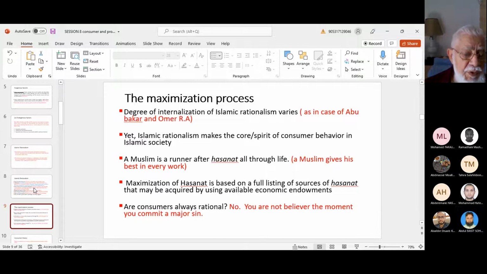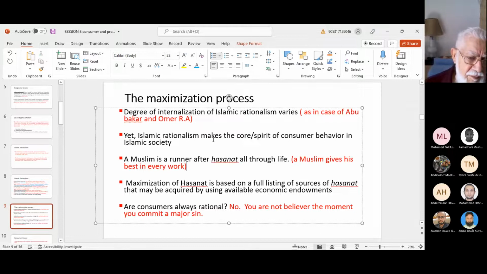We should notice in the Quran and also in the Sunnah, there are many countings of hasanat: if you do this, 10 times hasana, and coming to prayer in the mosque in a group, the jama'ah, is 27 times than praying alone, and so on. There is a lot of comparison. The Quran also has these kinds of comparisons.